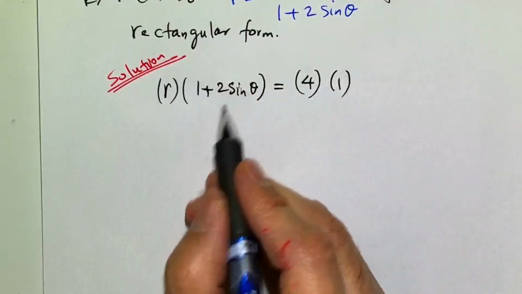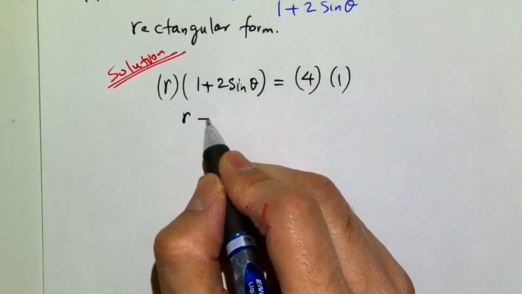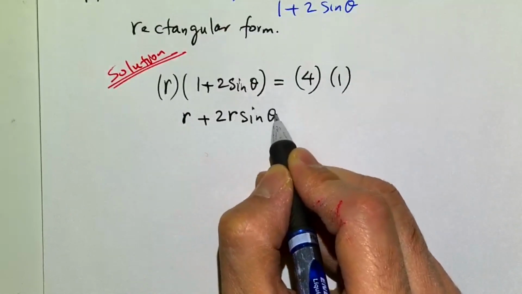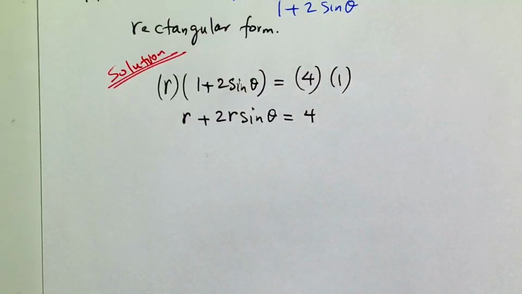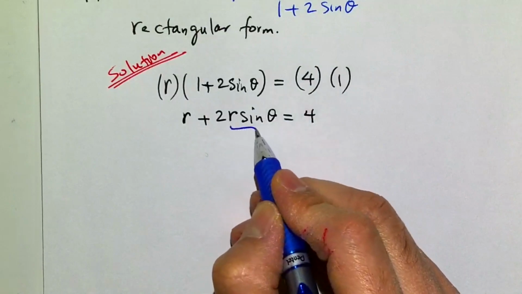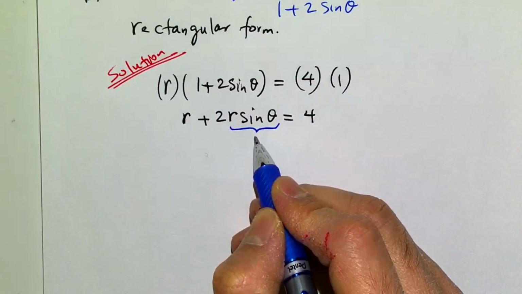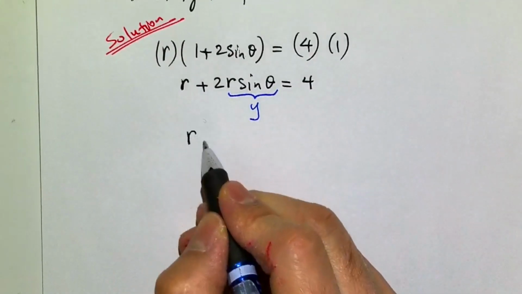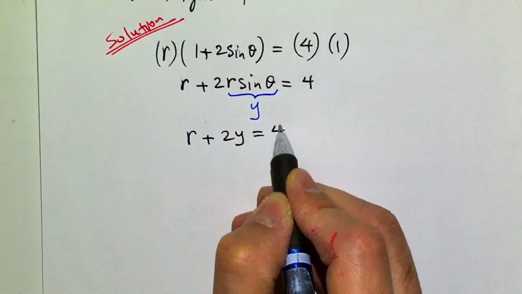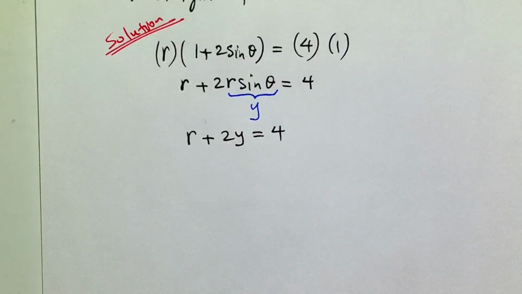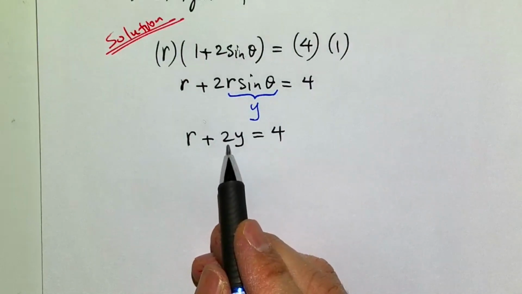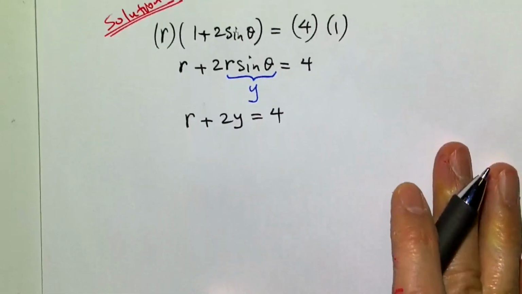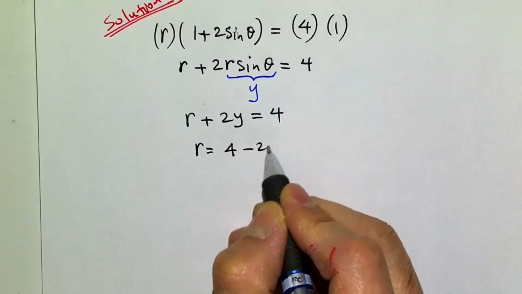We get that. So let's distribute the r. We get r plus 2r sine theta equals 4. Of course, you know by now that this r sine theta represents what? X or y? Represents y, right? So we can write then r plus 2y equals 4. And then let's move this to the other side. So what do we get? We get r equals 4 minus 2y,